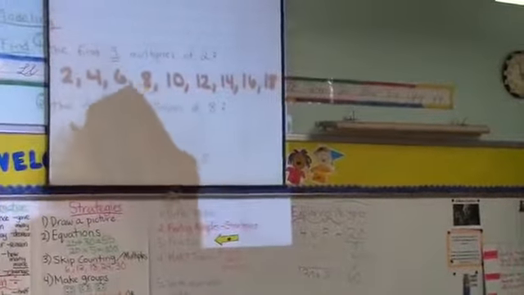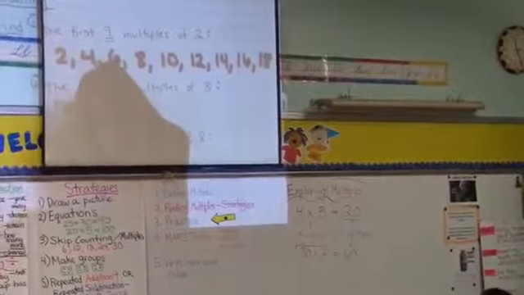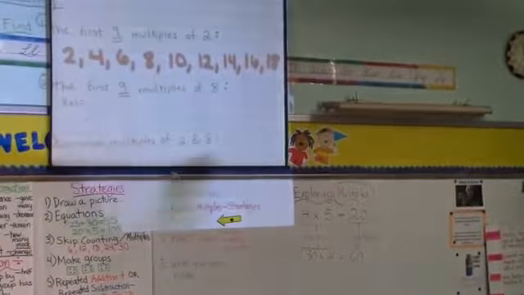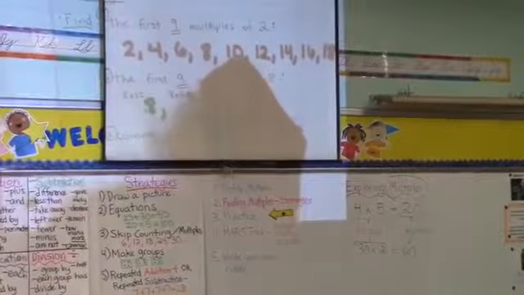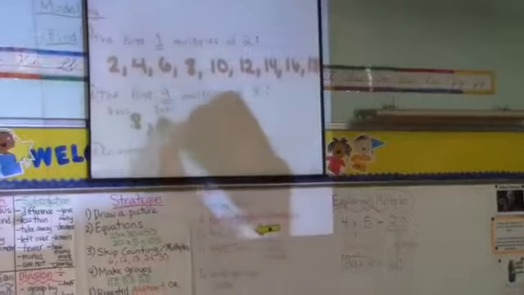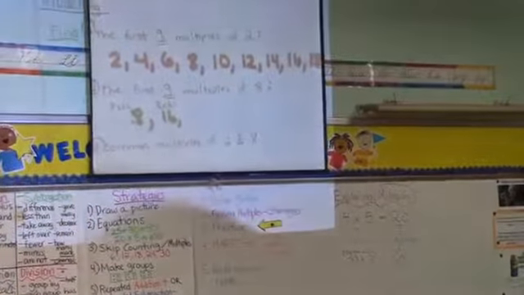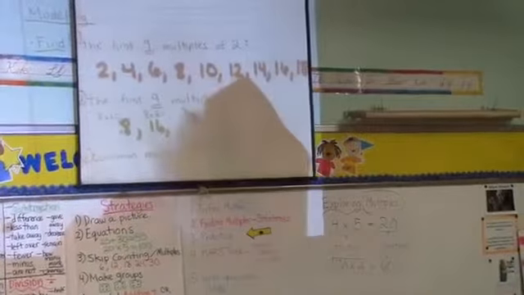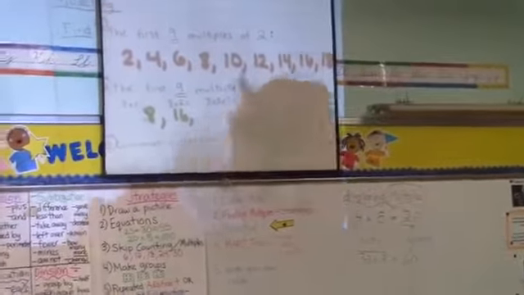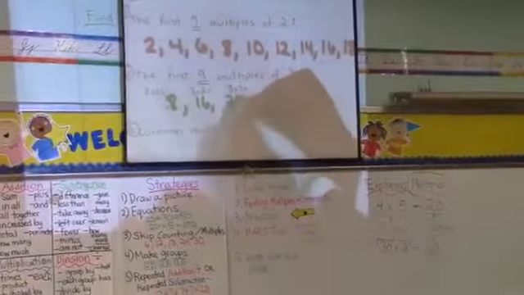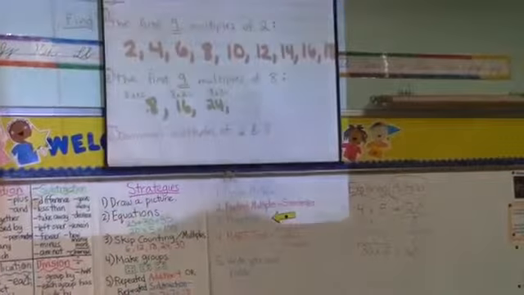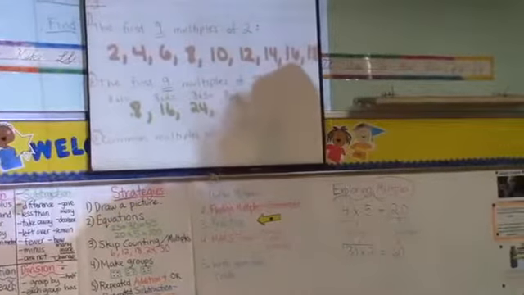So first, I would do 8 times 1. 8 times 1 equals 8, comma. 8 times 2 equals 16. 8 times 3 equals 24. 8 times 4 equals